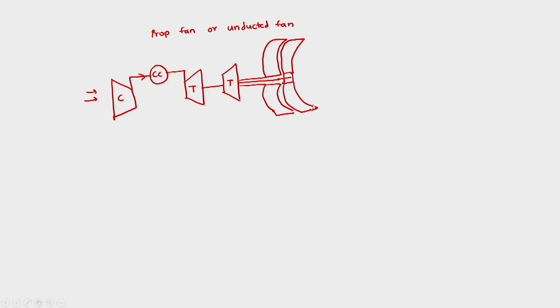So this engine has two counter rotating propellers, which are multi-blade propellers connected to the turbines, and they generate the thrust. So this is also called a prop fan or unducted fan kind of propeller. However, this kind of engine needs special attention for the design of the aerofoils or sections of the propellers. So having said this, we can note down the engines and their corresponding limitations. So piston prop,